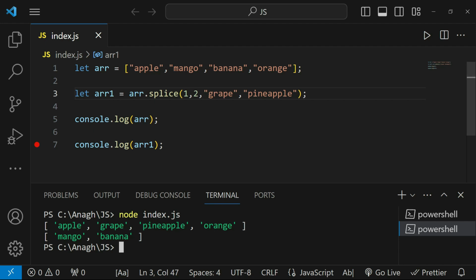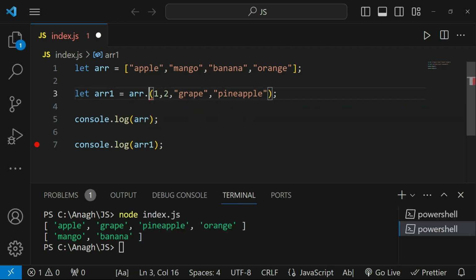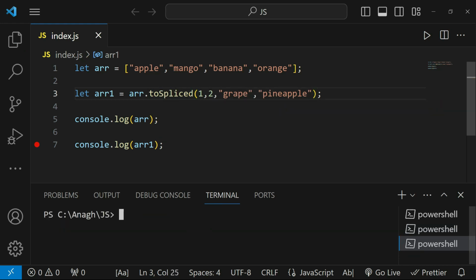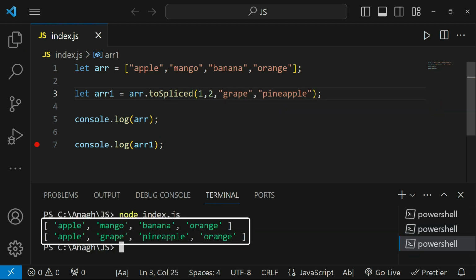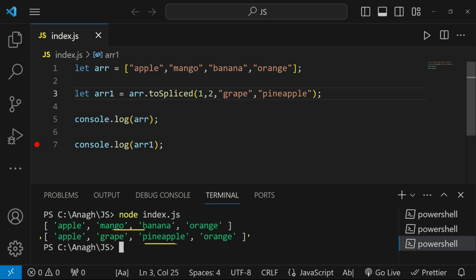Let's apply toSpliced in place of splice. So here I'll just replace it. I'll say toSpliced. That's it. Let's run the code. And in the output, you can see the original array remains the same, and we get a new array ARR1. We can also get a new array with removed elements without changing the original array,